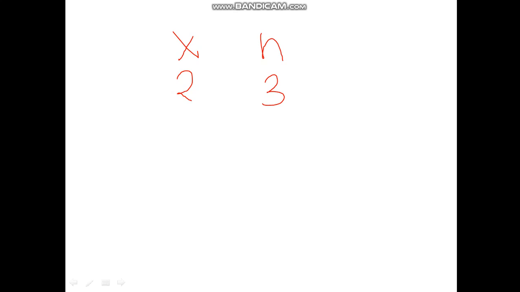If I had to find the value of 2 raised to 3, that is x raised to n, we have to multiply this x by itself how many times? n times. So basically I have to multiply this variable x n times. So why don't we write a loop, with a variable i initialized with 1, and this i will be checked whether it has crossed the value of n or not.